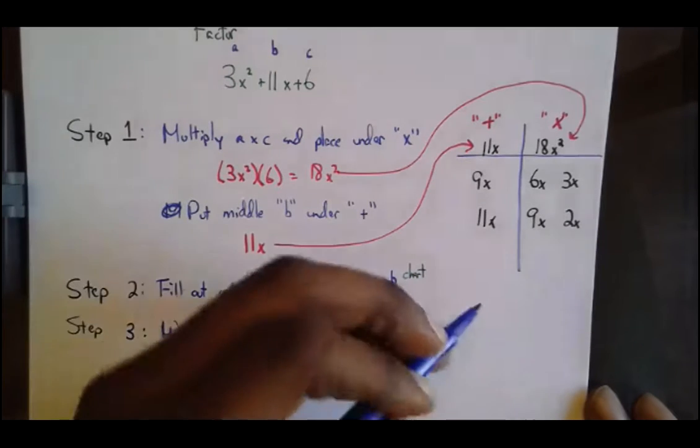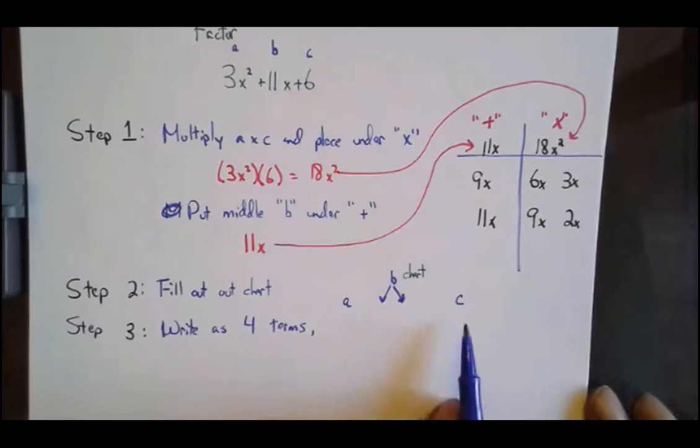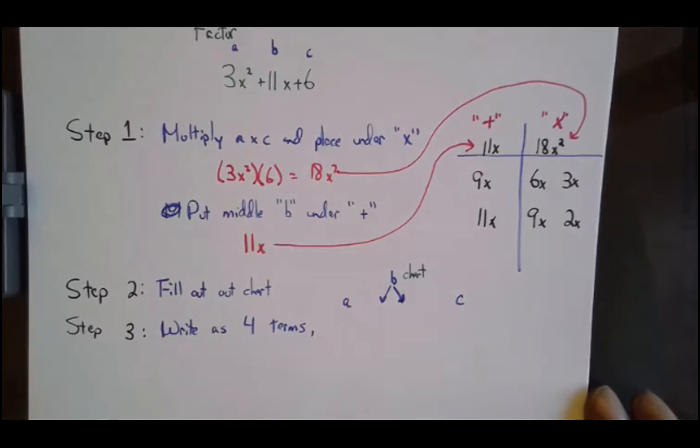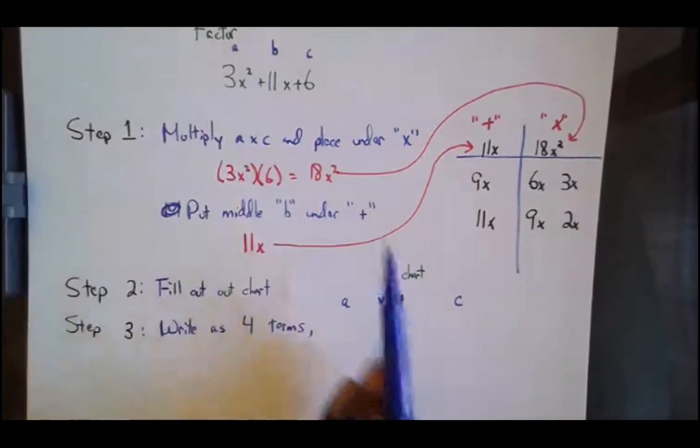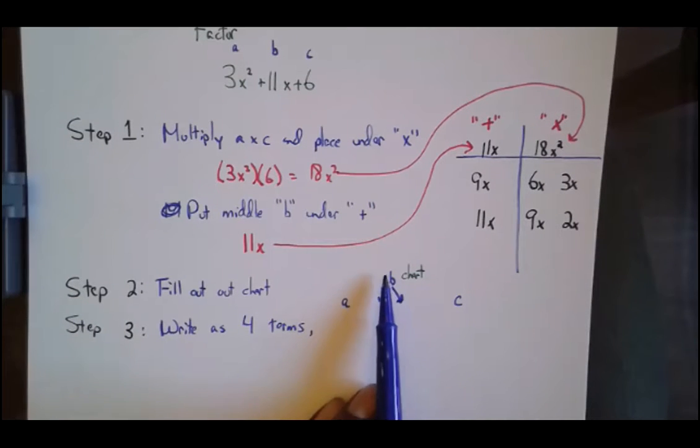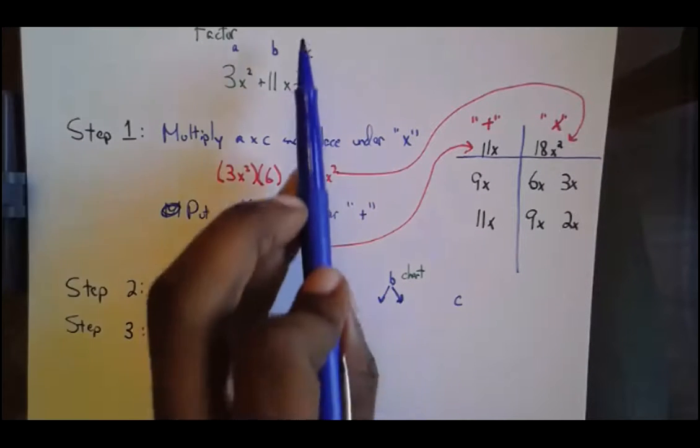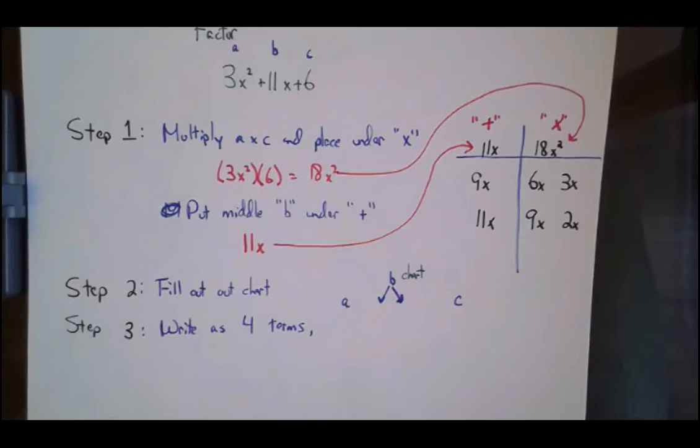And the fourth number will be C. I'm going to see who can get this without me saying. The first number is A. The second number is B, coming from the chart. And the third one is your C. Can somebody write 4? It doesn't matter the order. Can somebody write all 4 numbers